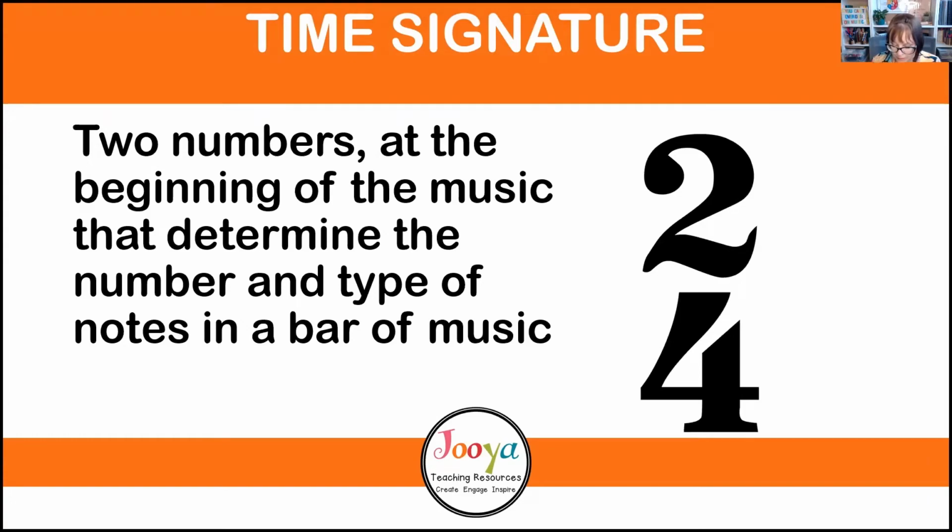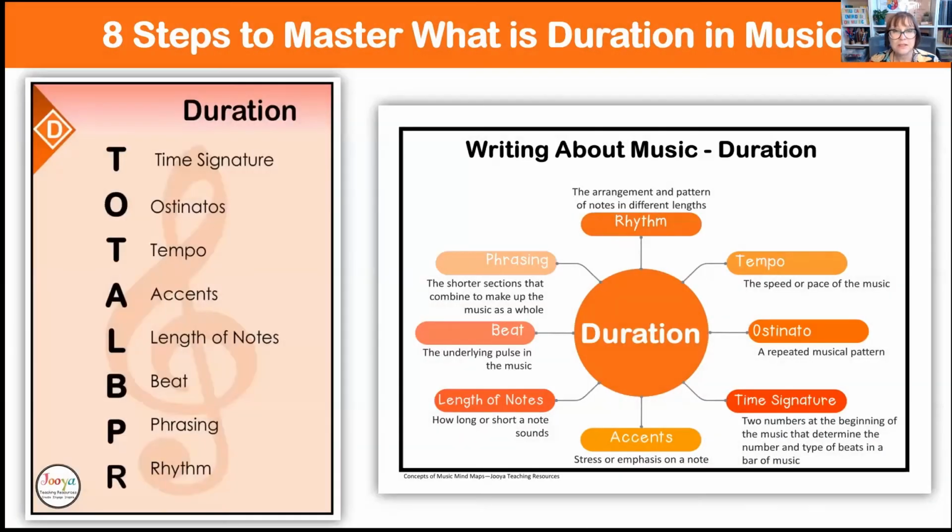But let's break it down. So the secret is just that, total BPR. Time signature, ostinato, tempo, accent, length of notes, beat, phrasing, rhythm. That's it. If you can talk about those 8 things when you're actually listening to a piece of music and it's asking you about duration, if you can make a point about each one of those, if you are struggling, you're going to get yourself at least halfway there to actually responding to and talking